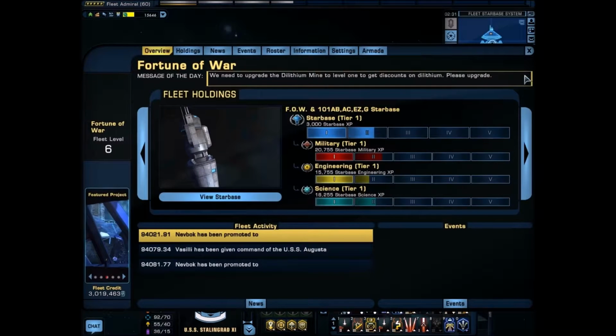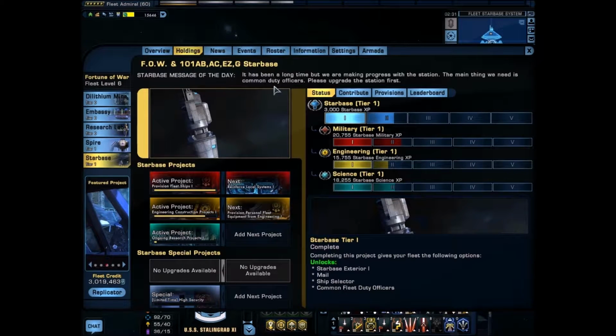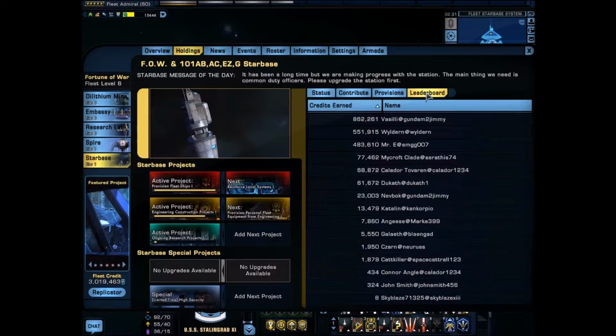Just want to show an update of what has been happening. Maybe it'll be showing off the leaderboards. The Starbase itself has just gotten an upgrade for the interior. I will show that soon. You can see the progress for each section. As for the leaderboard for the Starbase,